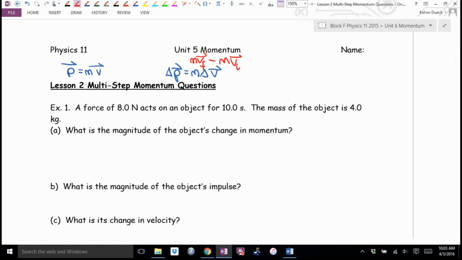I usually write the shorter one because it's shorter, but when I'm calculating, I go straight to the longer one. You see those are both interchangeable. Change in means final minus initial. It's the change in velocity, so it'll be mv final minus mv initial. Or force times time. We talked about how if you're stuck with the same impulse, the same change in momentum, and you specifically